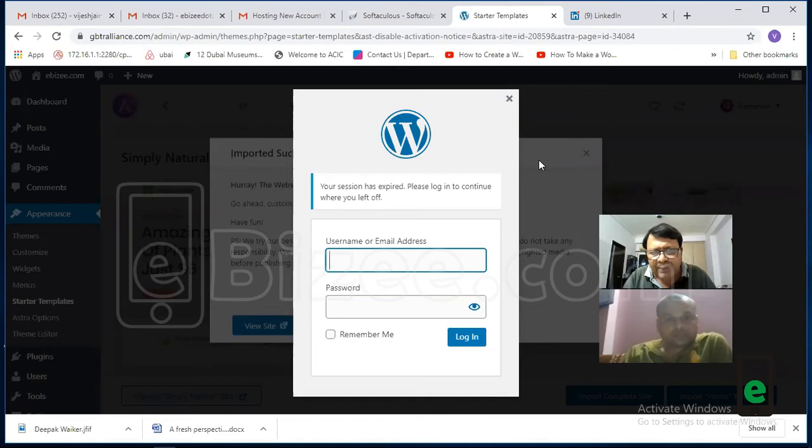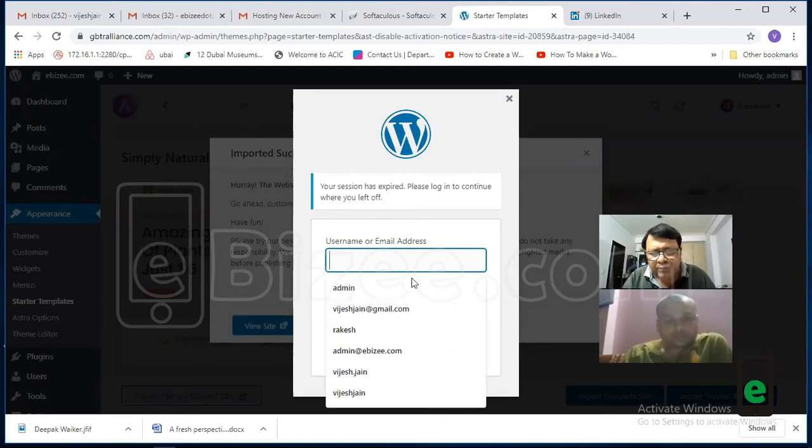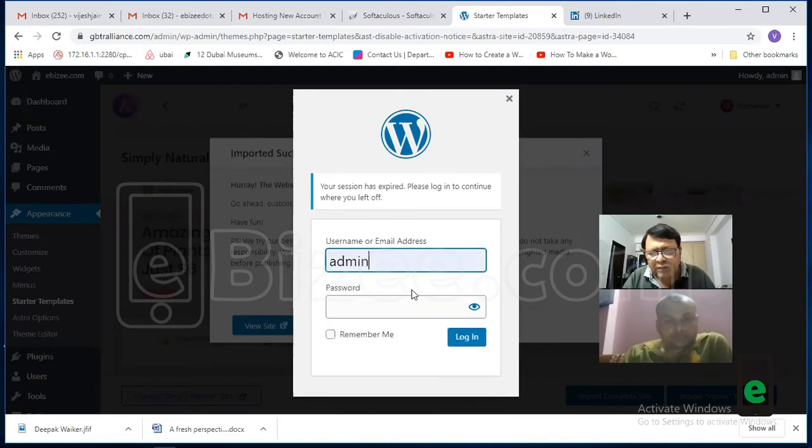After we have installed the plugin, it will again ask you to enter into the admin panel, because without this, it will not become active. So as you can see here, it is asking to log in again.